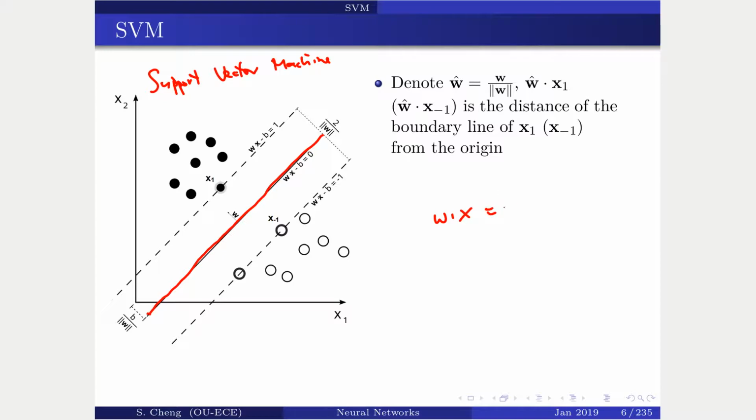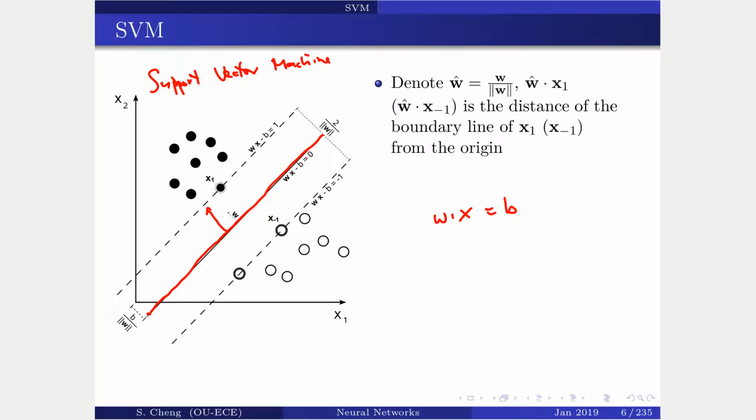Let's say, for simplicity, in this case, just equal to b, and then I can move this b to the other side. I have w·x − b = 0. Be really careful that this is a dot product here. So w is a vector, x is a vector as well, right? So if you move along this, perpendicular to this plane here, you should have w·x − b